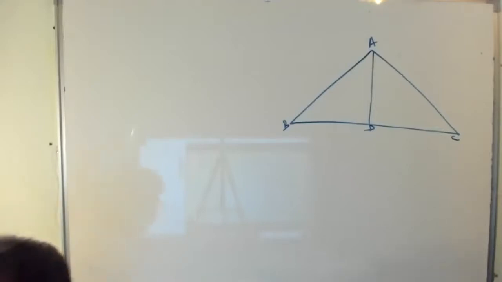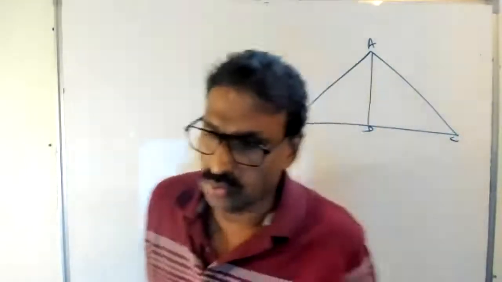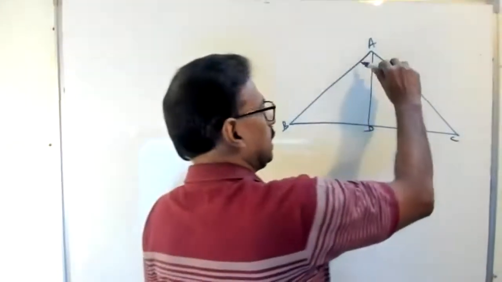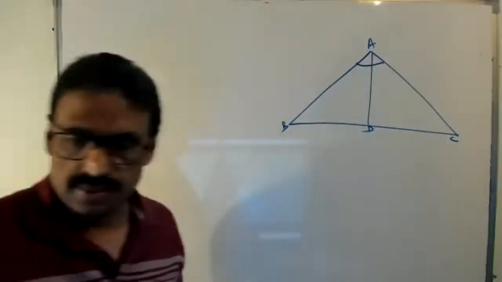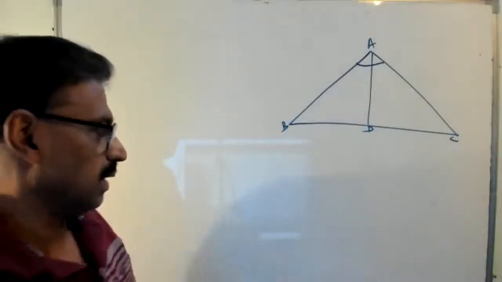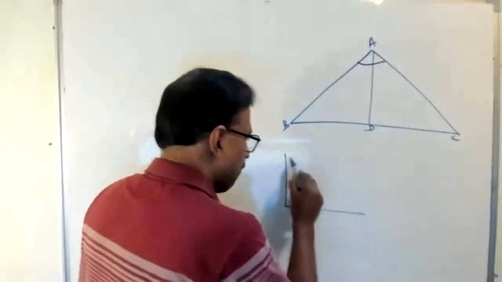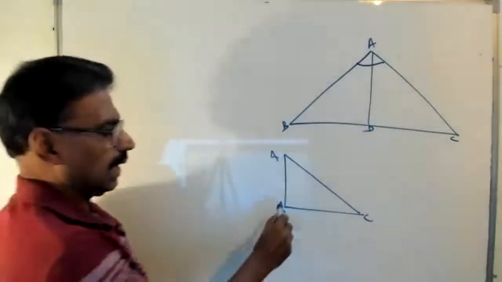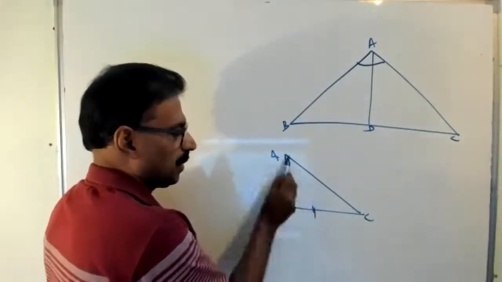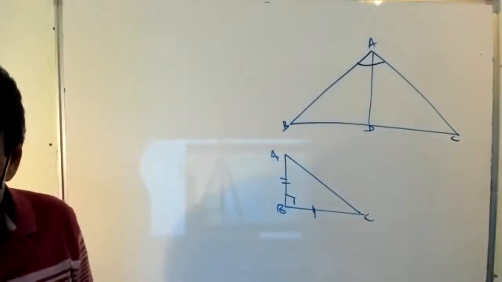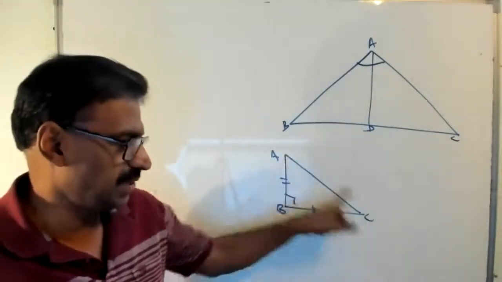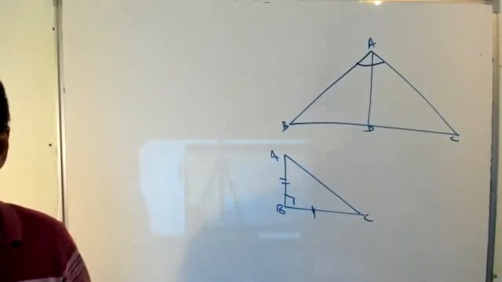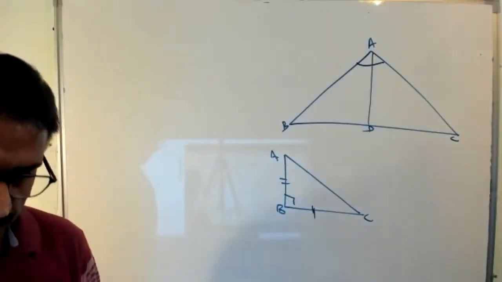Okay. Look at here now. Listen here. This angle 90 degree. In Pythagoras theorem, in triangle ABC, this angle 90, AB square plus BC square equal to AC square. That is the Pythagoras theorem. Its converse is what? If AC square equal to AB square plus BC square, then we can say angle B 90 degree. That is called converse of Pythagoras theorem.